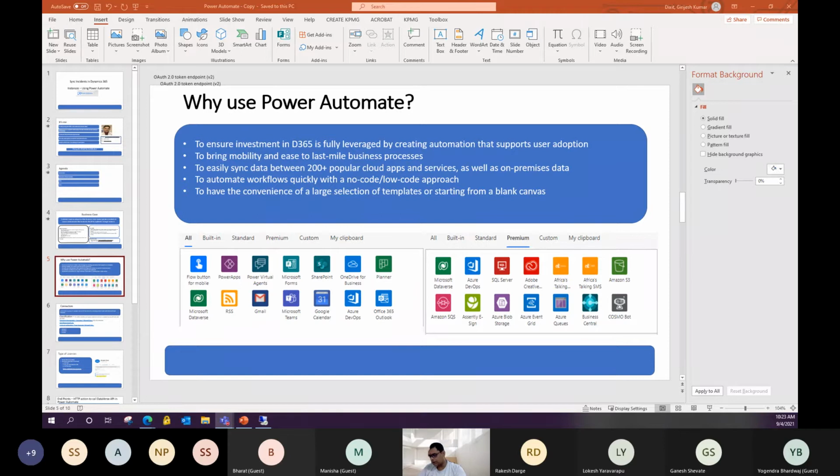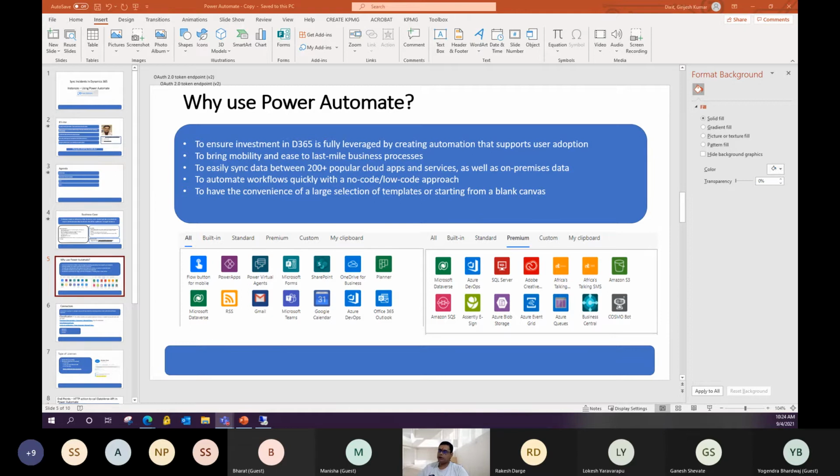There is a 2 days SLA. Suppose you applied for leave and it is supposed to be approved by your manager within 2 days, and if not, then it will escalate to the second level, I mean from your manager to the manager's manager. That kind of approval system is already available as a template in Power Automate that we can harness, ready to use.